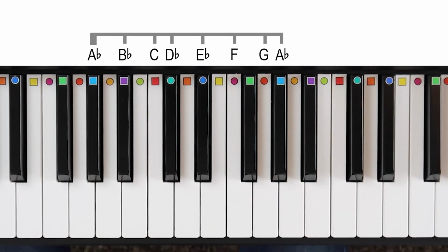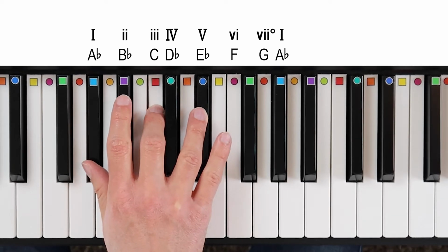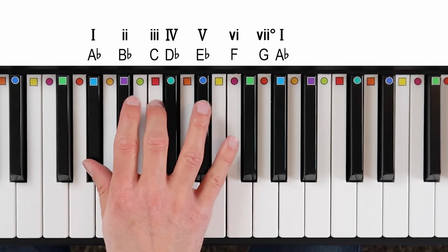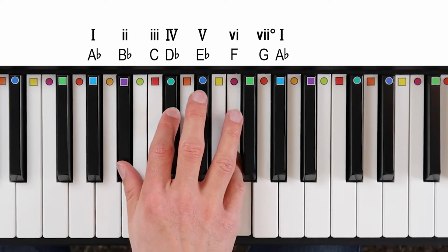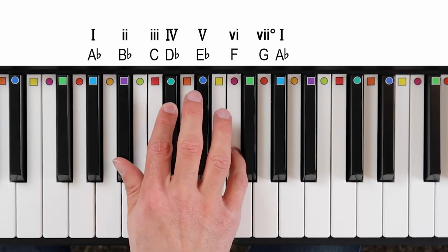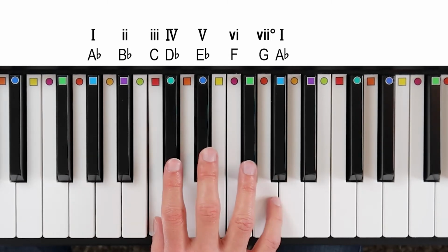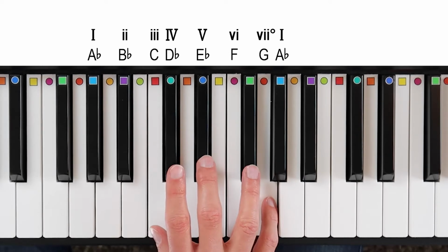Now, to create chords from this pattern, all we have to do is combine every other note in groups of 3, starting on each respective scale degree, like this, to get A flat major, or the major 1 chord built from notes A flat, C, and E flat, B flat minor, the minor 2 chord formed from notes B flat, D flat, and F, C minor, the minor 3 chord in this mode, which combines C, E flat, and G,